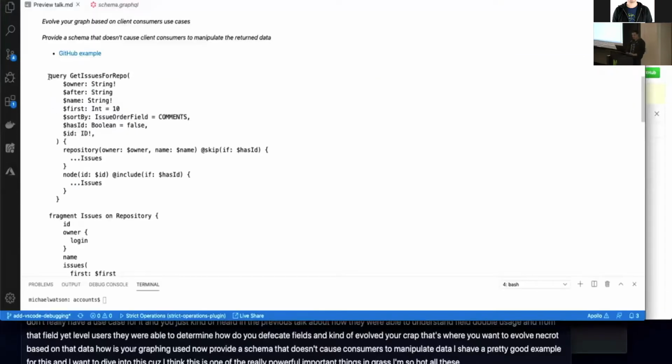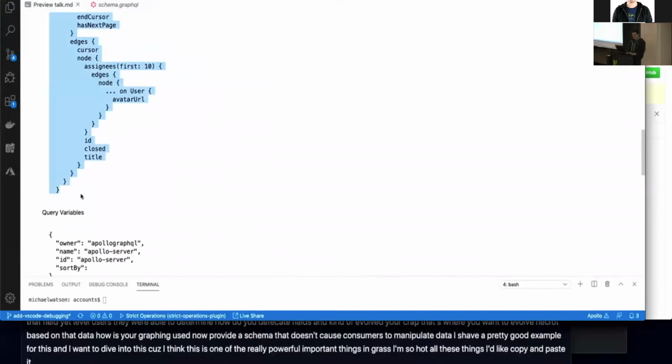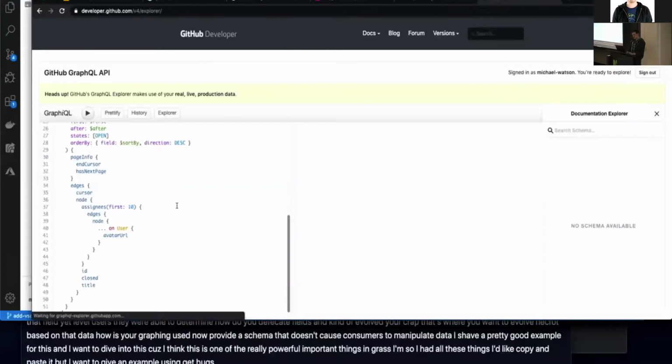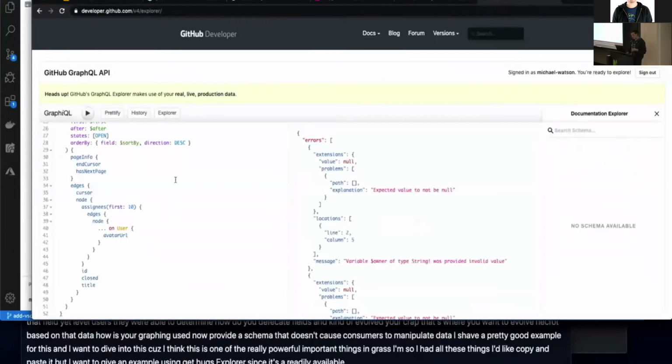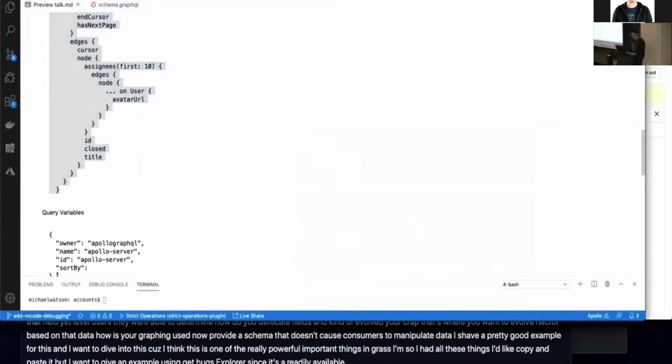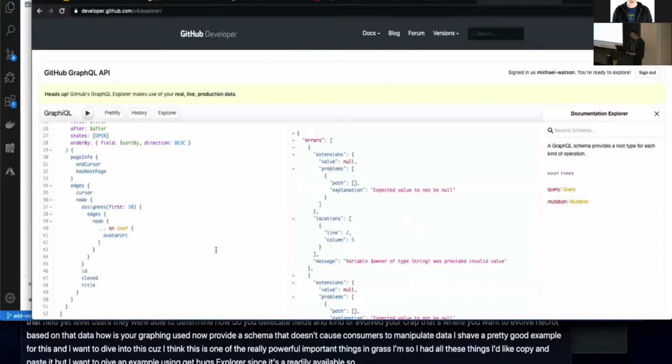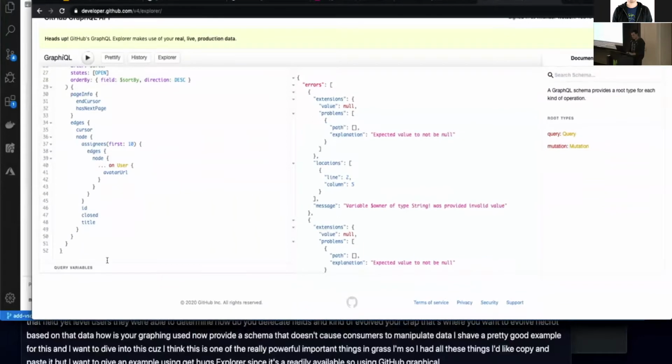So I had all these things, so I have to copy and paste it. But I want to give an example using GitHub's Explorer, since it's readily available. Oh, I didn't put the variables in. So using GitHub's GraphiQL right here,